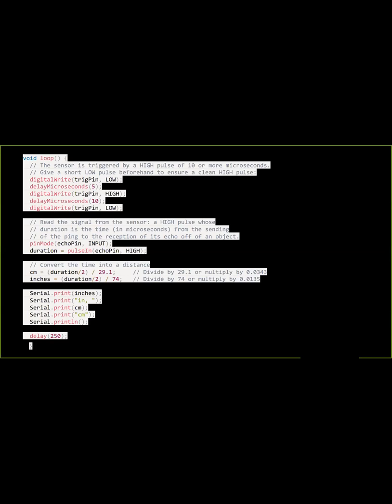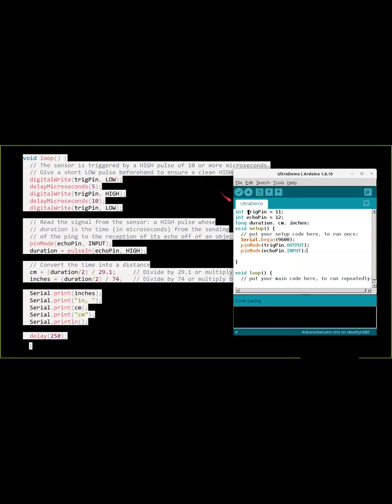So let me just write it over here. 1 millisecond is equal to 1 second divided by 1,000. 1 microsecond